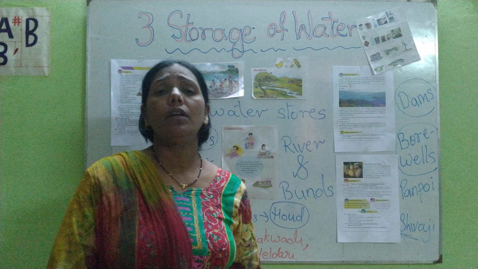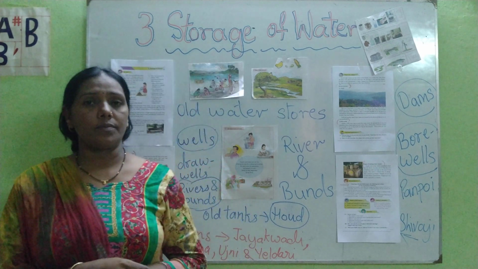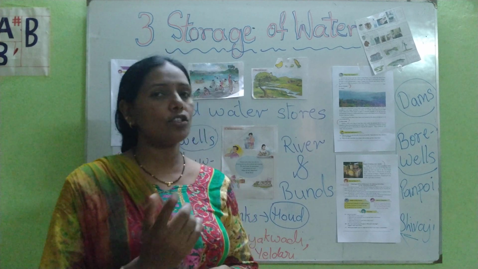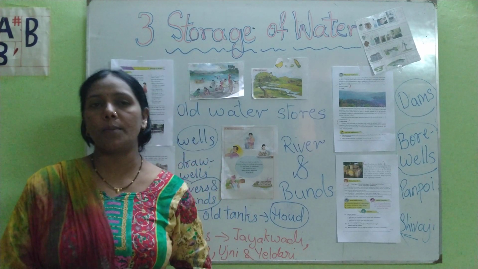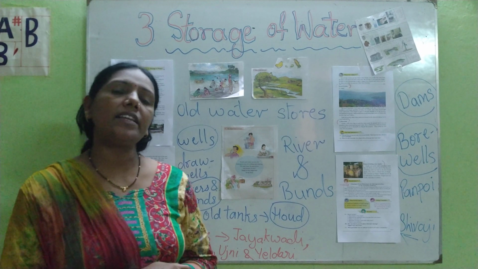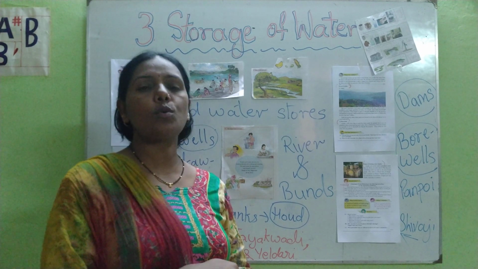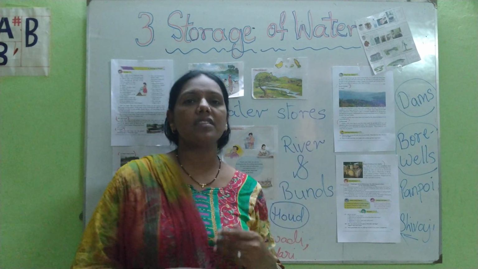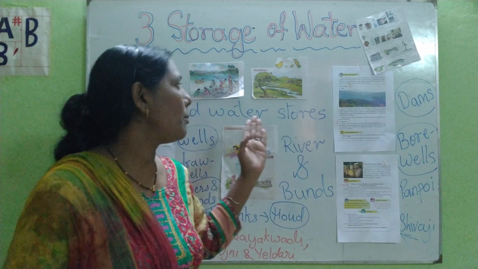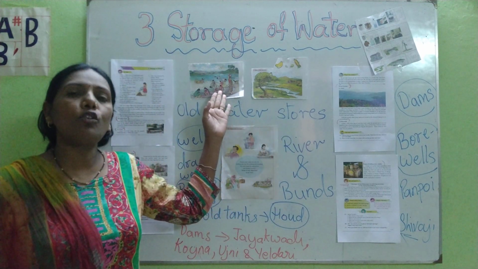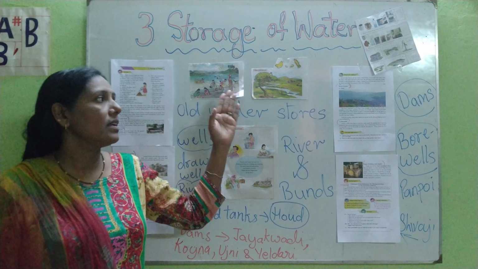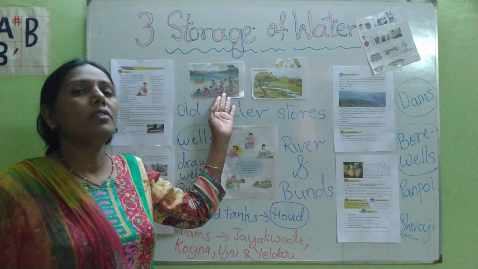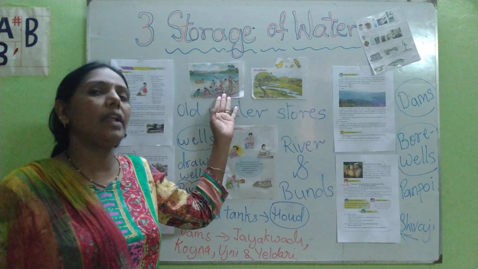So, in olden days, the people used to store the water and keep it. Now, as you know, we get water from the rainfall. So, what was the basic need in olden days? From where did they used to get the water? They used to get the water which was stored in the rivers and the wells. So, the people used to go to the river to fulfill their needs for water. So, this was the water stored, a natural resource for the people in olden days.